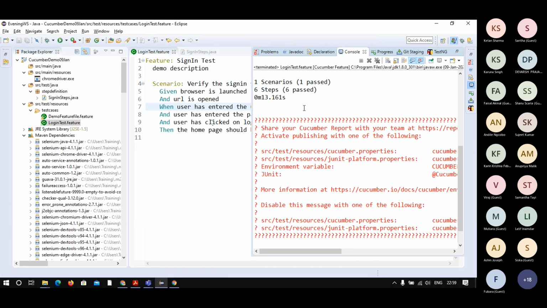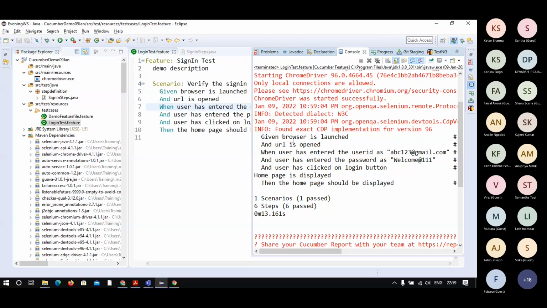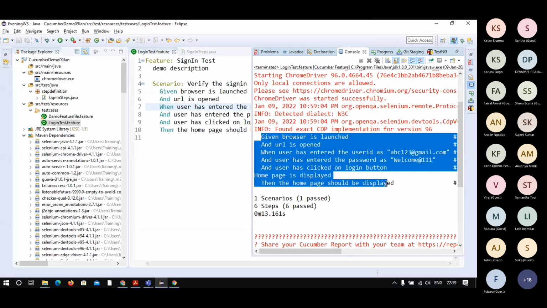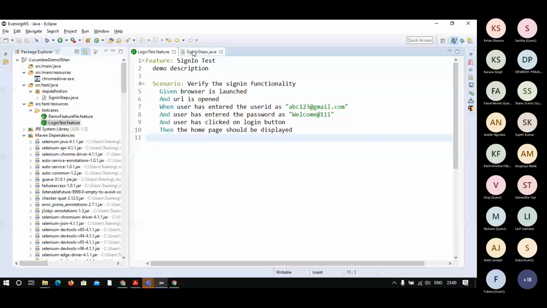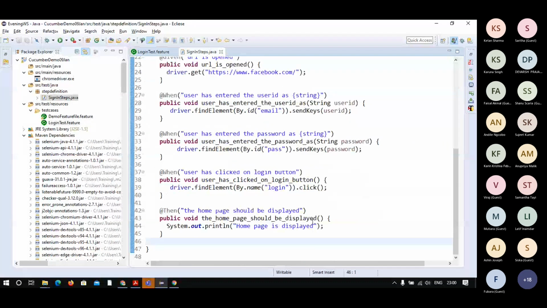And you see here, the output is it has executed this one, and at last the message which I have given was also printed over here: the home page is displayed. This is the message I have given. To segregate, I will put some dots, then you will come to know this is written by me.